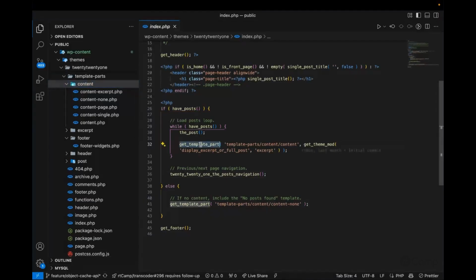Functions like get_template_part are used where you can conditionally load specific template files such as the excerpt or the full post content depending on the theme settings or conditions. So this function takes the path to the template part file. It also takes the file name prefix, which we can see here, and to get the suffix we can use